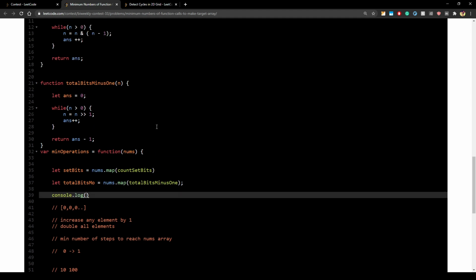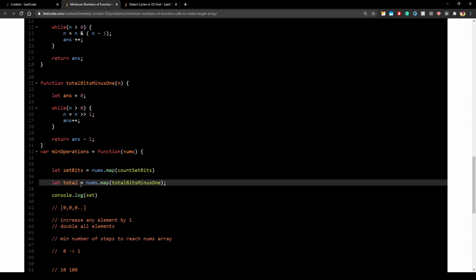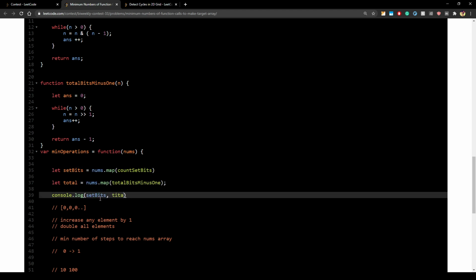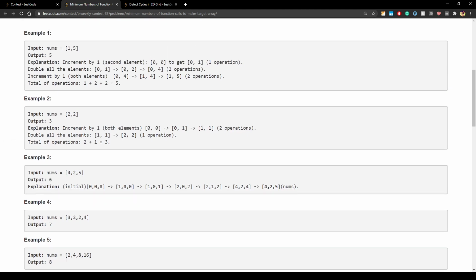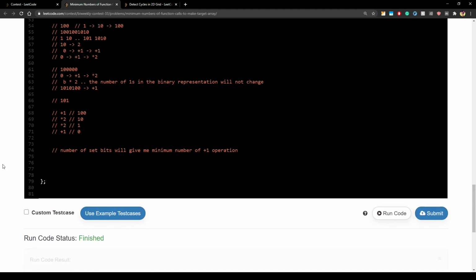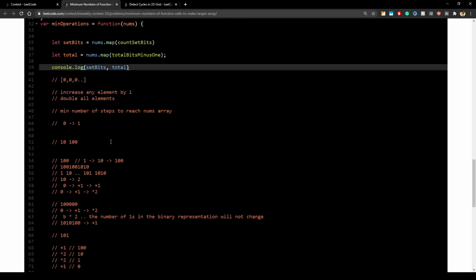So we will just print them once to see. Oh man, this does not have autocomplete for me. Right, so let's just print it once and see what it is giving, so that we can proceed from there. So 1 5, the first one is giving 1 comma 2, and the second one is giving 0 comma 2. So I'll just write it down.